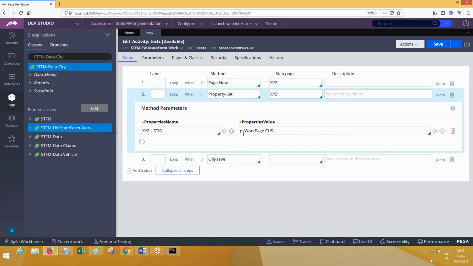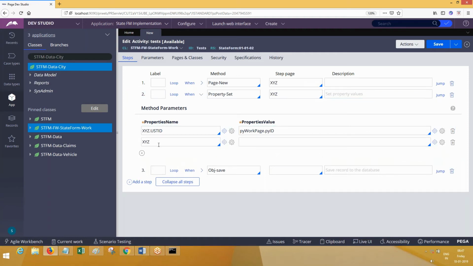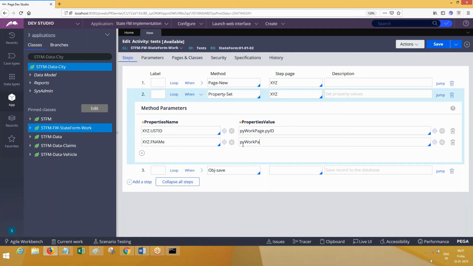Let's say we have cust ID on that one, like PY ID. Do you know what PY ID is? The work object ID will be assigned to this property. So XYZ dot f name is equal to, let's say, PY work page dot first name.